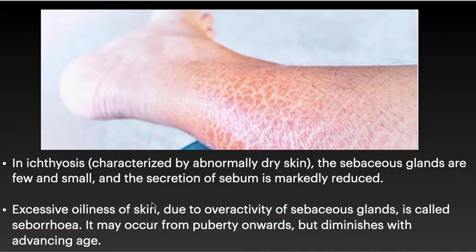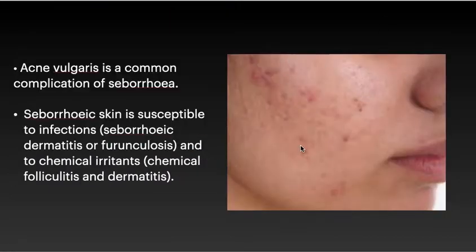Excessive oiliness of skin due to hyperactivity of sebaceous gland is called seborrhea. It can occur from puberty onwards but diminishes with advancing age. Acne vulgaris is a common complication of seborrhea. Seborrheic skin is susceptible to infection, that is seborrheic dermatitis or furunculosis, and to chemical irritants like chemical folliculitis